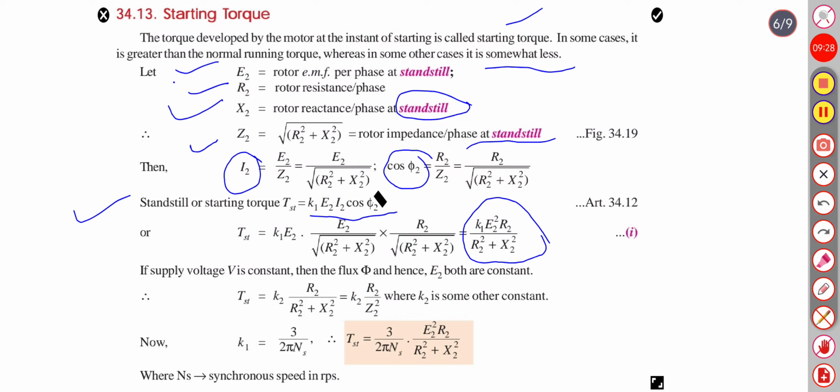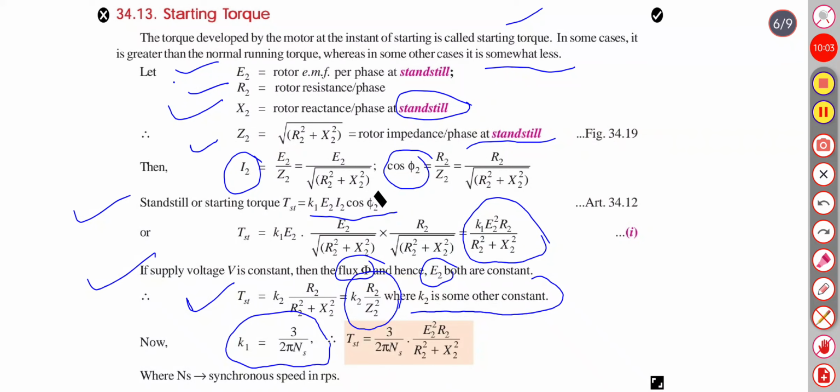If the supply voltage V is constant, then the flux phi and hence the E2 both are constant. So K2 is some other constant. We can rewrite the equation of starting torque as K2 R2 by Z2 square. Now K1 is 3 by 2 pi Ns. Therefore, starting torque will become this,